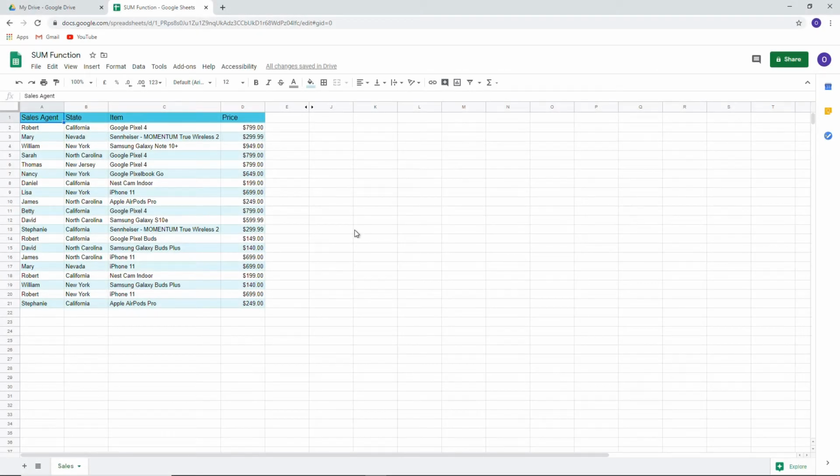Today we'll be discussing Google Forms and how to merge the information into Google Sheets. Here we have a table that concentrates sales agents and their sales, and we'll use this table as a starter for the information we need in order to create a form. If you want some help on how to create a table like this, click on the link above and watch